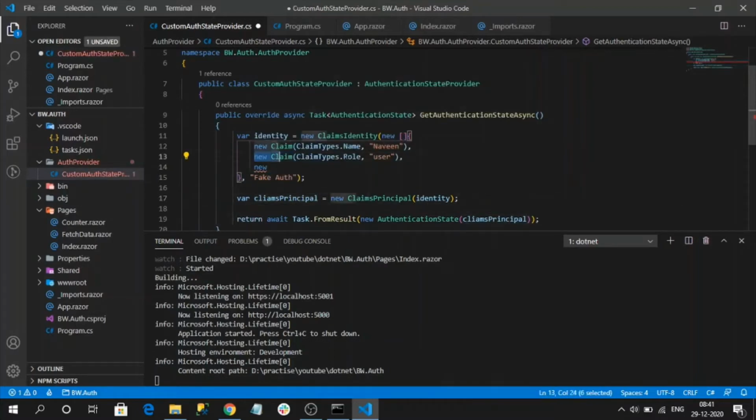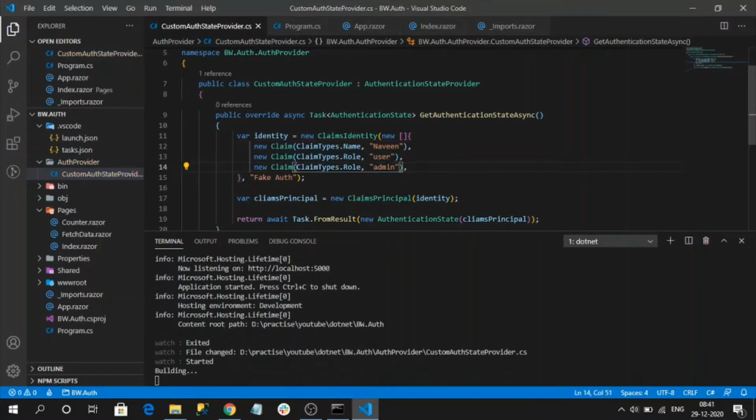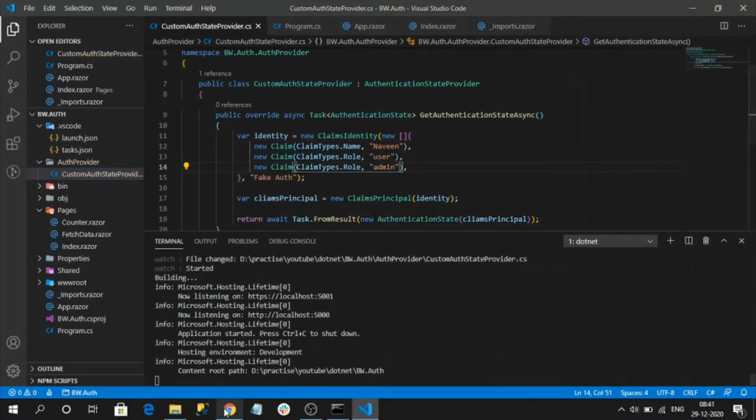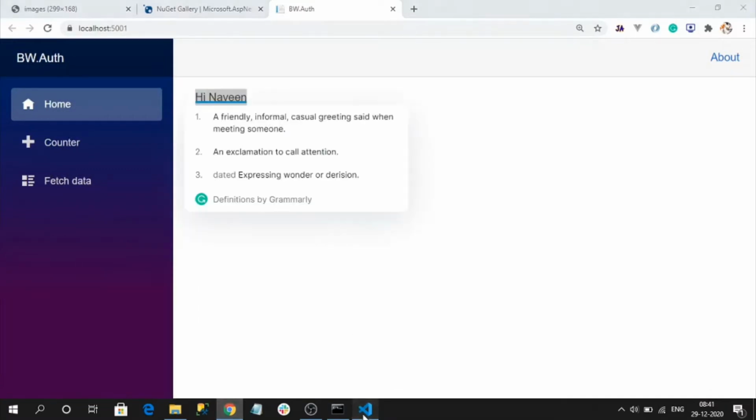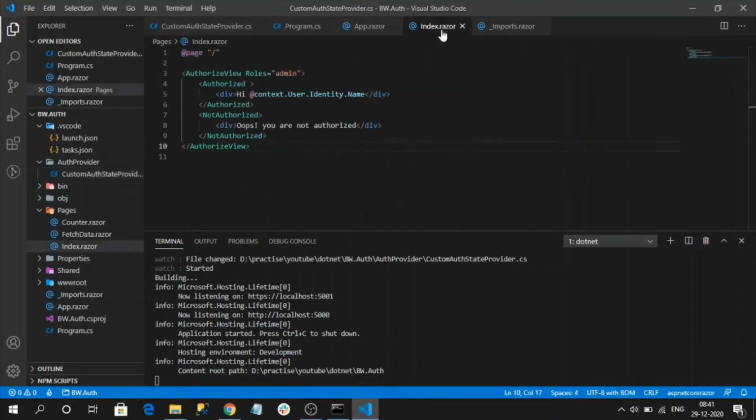So let's update our fake roles. Admin. Now I have roles user as well as admin, right? So let's test our application. See, hi Naveen. I am getting the code rendered from this authorized block because I have admin and user as well.